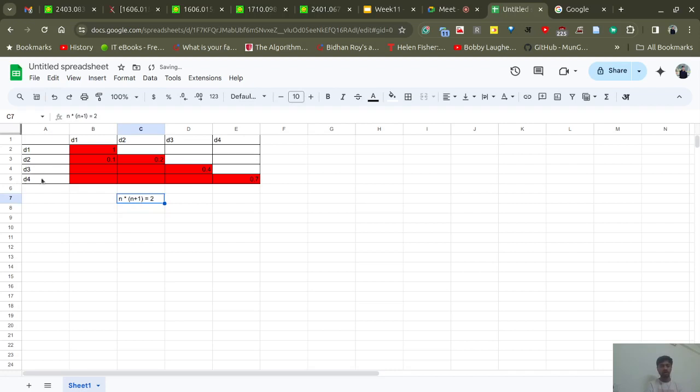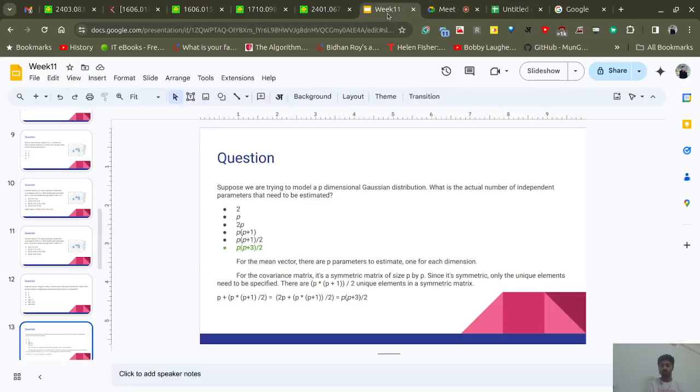So here n equal to 4, so 4 into 5 divided by 2 is 10, right? So 1 2 3 4 5 6 7 8 9 10. So for this matrix we need 10, we need n into n plus 1 divided by 2 number of parameters, and for the mean vector we need n number of parameters. Okay, so if we add them, then